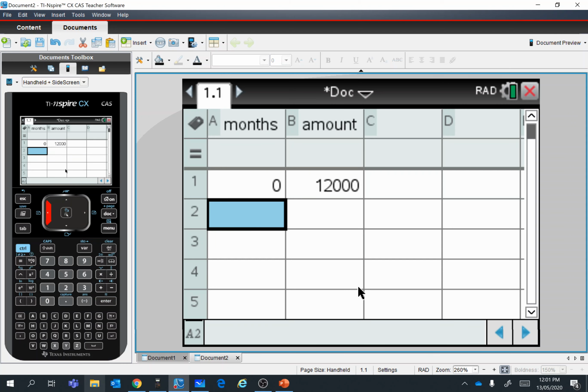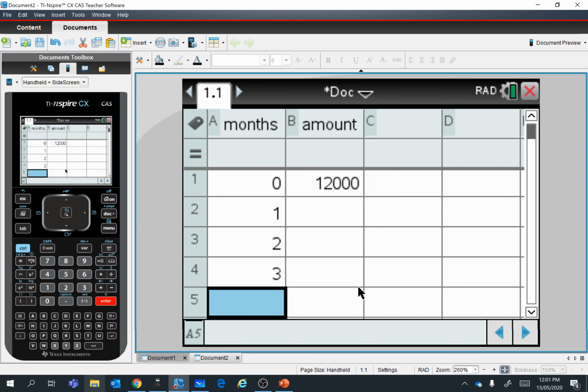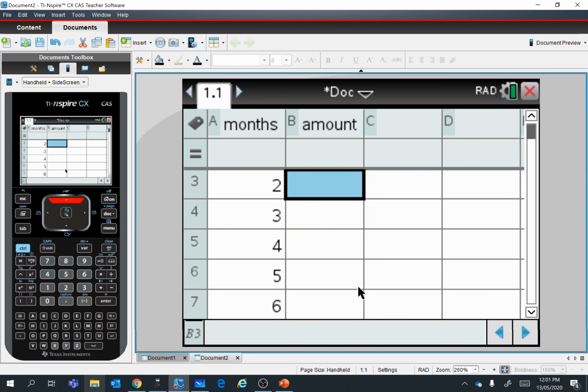Okay, now let's fill in the rest. So we're going to go up to 10 months because I want to do a graph up to 10 months. I know there was nothing specified about that graph, but just to make it a bit more meaningful, we'll go to 10 months, and that will give us our first 4 terms as well at the same time. So 1, 2, 3, 4, 5, 6, 7, 8, 9, 10 months. And the amount. Now we'll go into this cell and we're going to enter a formula that involves our difference equation. So we push equals,